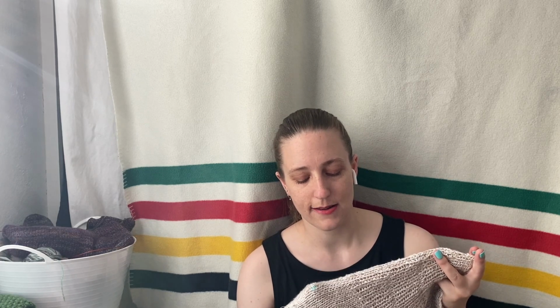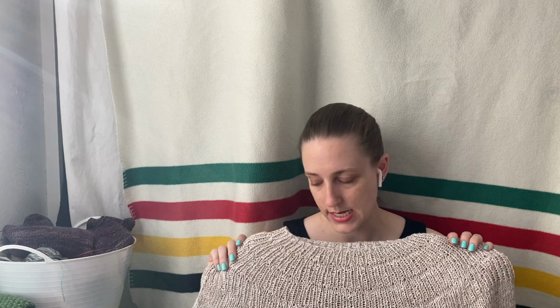It's like a marl DK yarn, and when I knit it with that, I did not find that I got a fabric that I liked. It was a little bit open, so I also added Flax Lace by Fibra Natura in a white. This is those two yarns held together, and I knit the